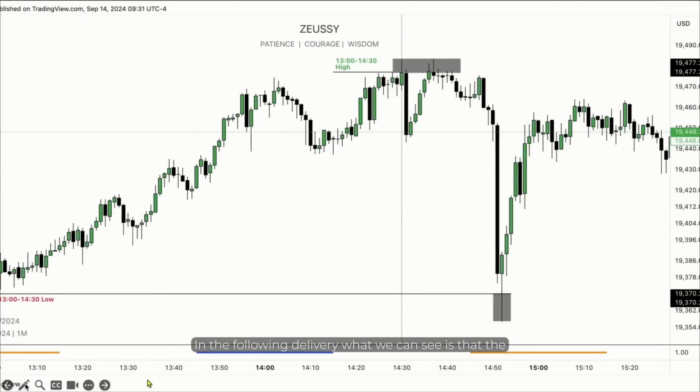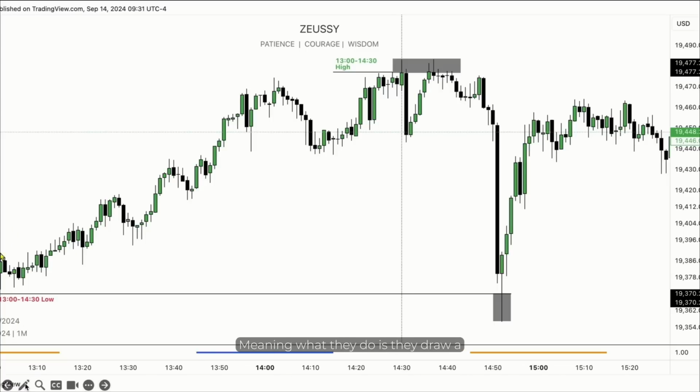In the following delivery, what we can see is that the market runs up higher from around 1 PM. Higher lows are being created and there's a lot of back and forth going, as you can see. The reason why I mention this is because you need to understand that when a retail-minded trader looks at this delivery or at these fluctuations in price action, they see an uptrend. And they seem to believe then that the market should continue to go higher forever.